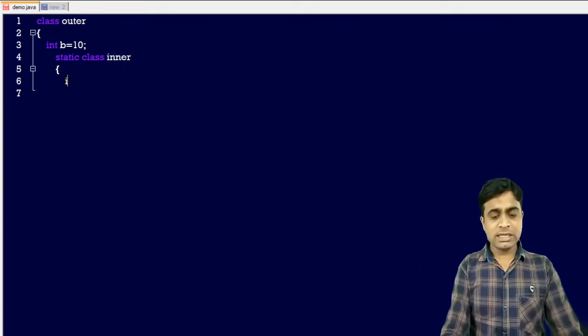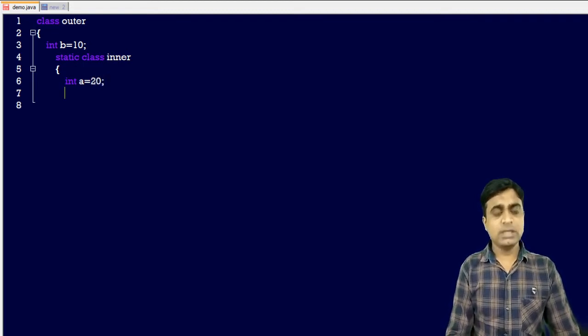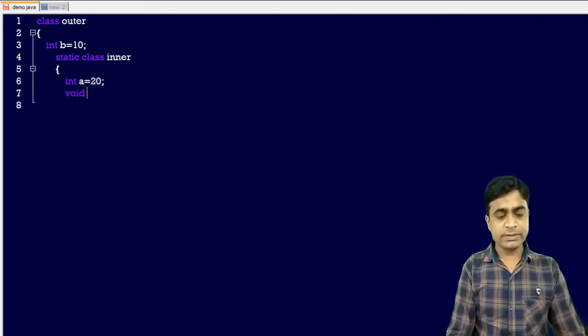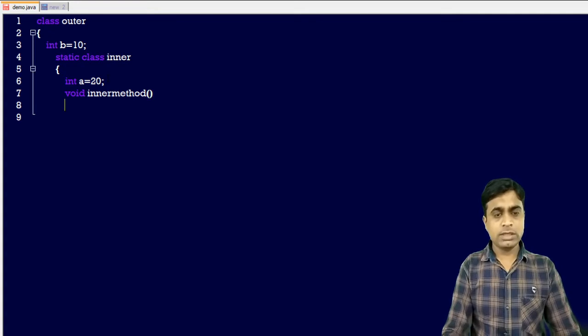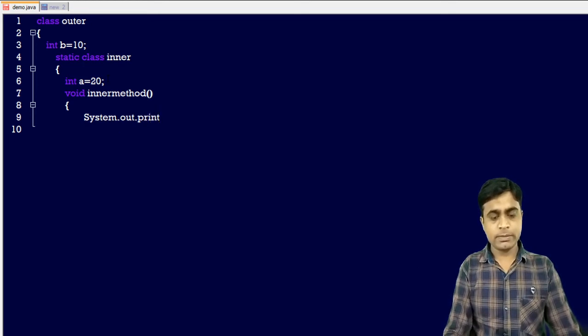Now in the inner class I am creating the variable a equals 20, and I am creating one method, void innerMethod. In that method I am passing a simple message with System.out.println, writing the message "inner class method".